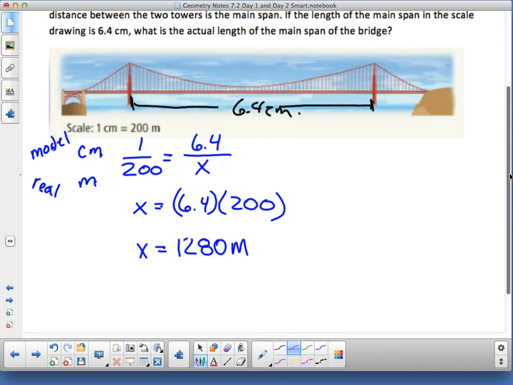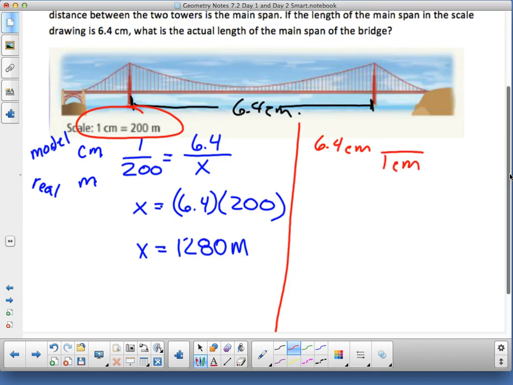Yet in science, y'all have done this problem before. You have 6.4 centimeters, and you have a unit conversion where you can convert units. It's called stoichiometry, but some of you probably haven't heard of it as stoichiometry, used as unit conversion. I want to get rid of centimeters, so centimeters is on the bottom, 200 meters is on top,